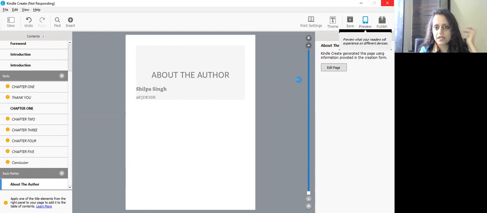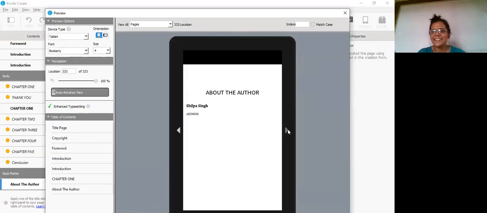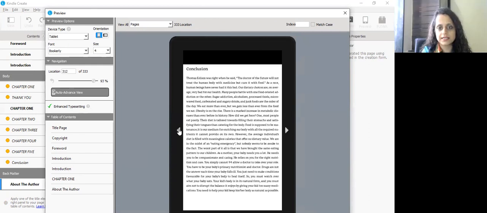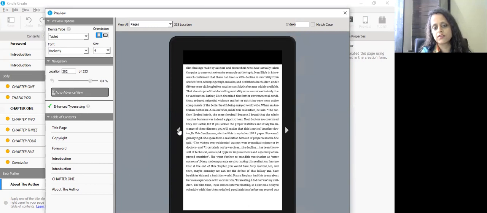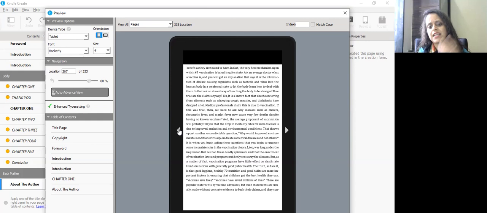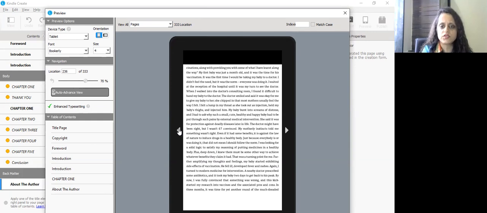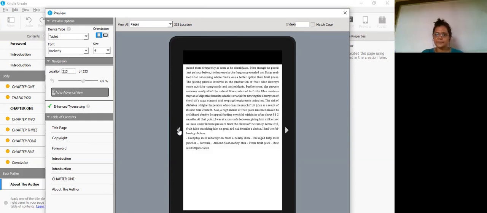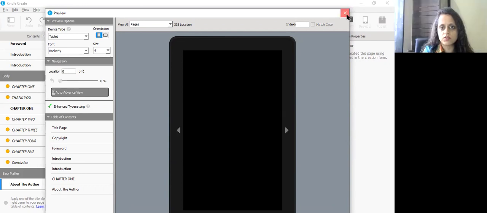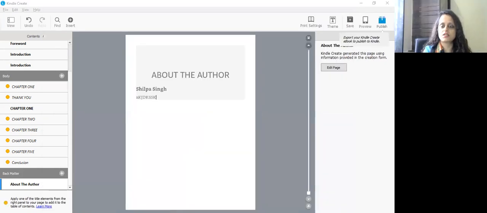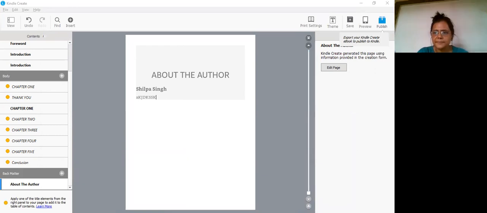Now it's taking time. I should not have clicked. Yeah, like this it will show. Sorry, I am at the back like this. So you can have a look if you want to change anywhere. Do you want, कि कैसा लग रहा है? Any last minute changes you want to do in preview, you can do, right? Okay. So once this preview is done, you can close this preview screen and publish. You will hit publish.